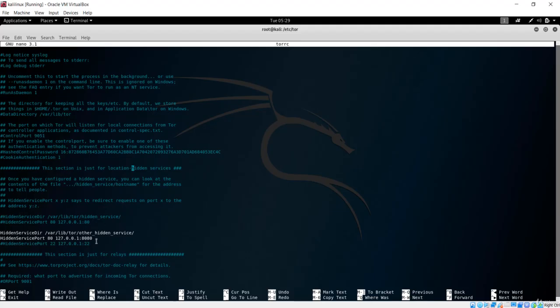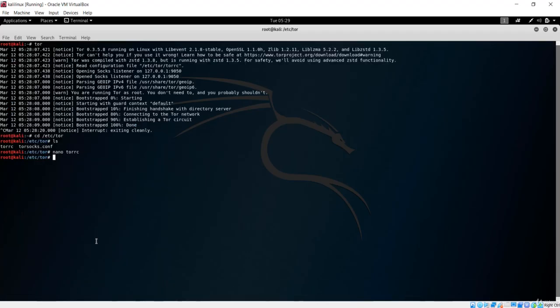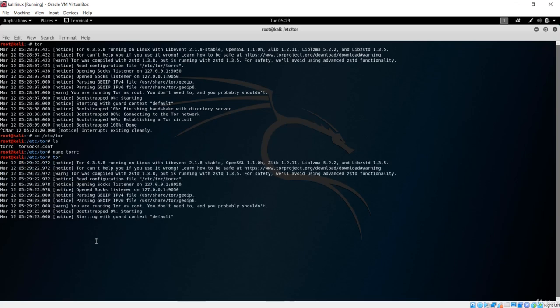So instead of 8080 let me just go back here and comment this out, uncomment this, and basically instead of 8080 I want port 80 to run. Let me save this first. Let me just exit out again. If I save this and exit out here, now you can also execute your tor command to see if tor is running or not. Tor is establishing a connection, that means it has successfully executed.